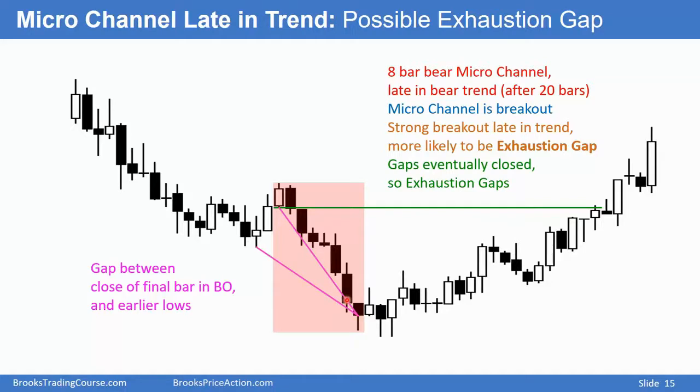All of those little gaps eventually closed, and at some point, when it gets above this low, traders will start calling this an exhaustive move. When it gets all the way back here, where the bulls first began to buy at the low of the prior bar, you can say that the whole thing is an exhaustive move, especially once you get above the high of the bar. This is a major lower high, a lower high that led to a strong breakout and a new low. Once the market gets above it, the argument that this is a bear trend is over. The market then is either in a trading range or in a bull trend.